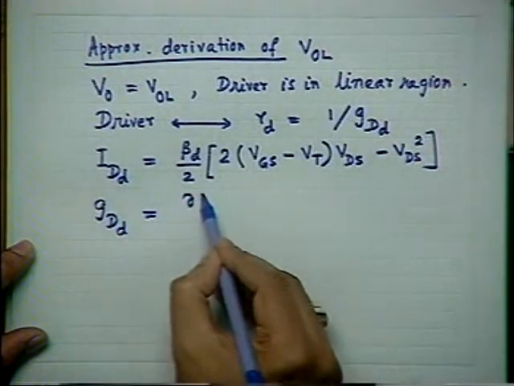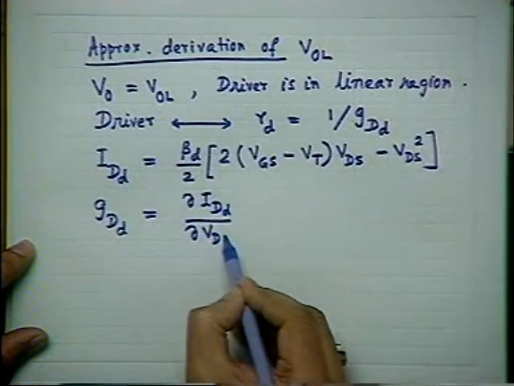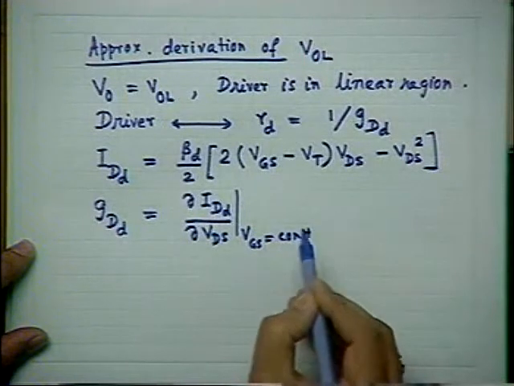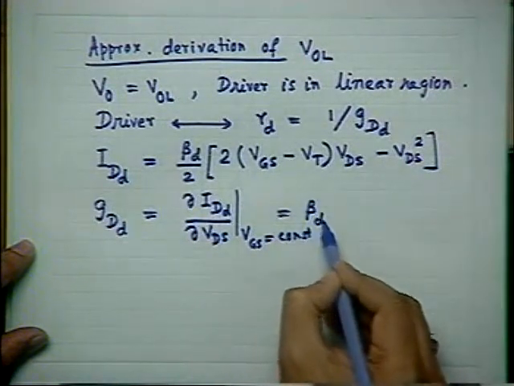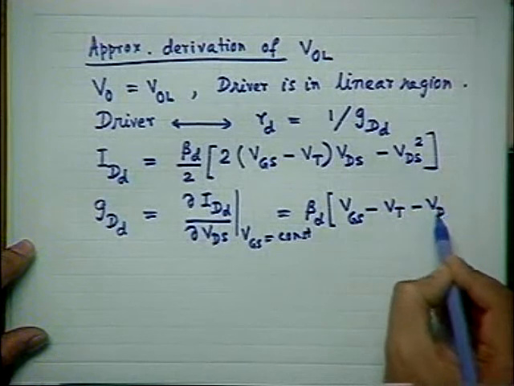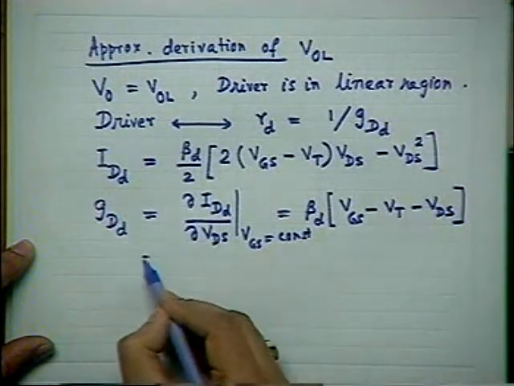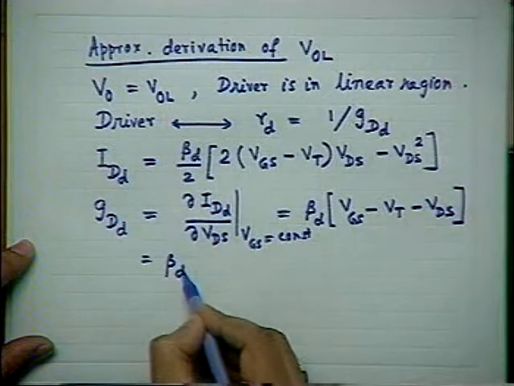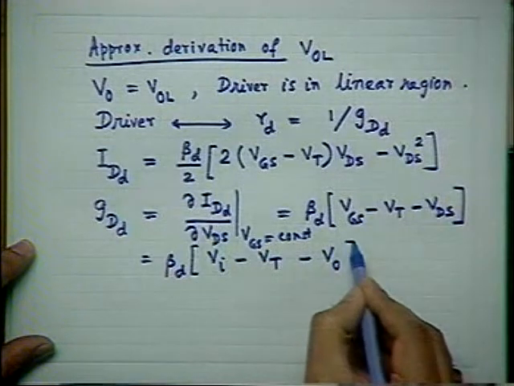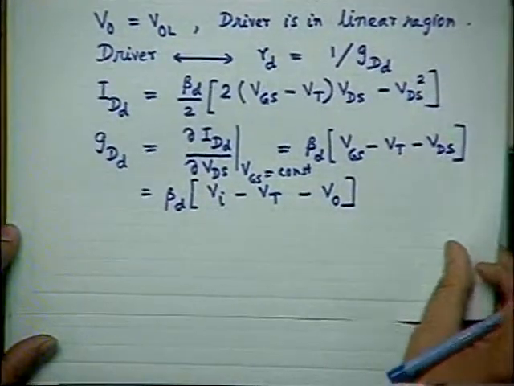equal to del IDD by del VDS at VGS constant, and that is obtained simply by differentiation: VGS minus VT minus VDS, and in terms of actual parameters you can write it as beta D into VI minus VT minus VO. Alright, so GDD is obtained like this,